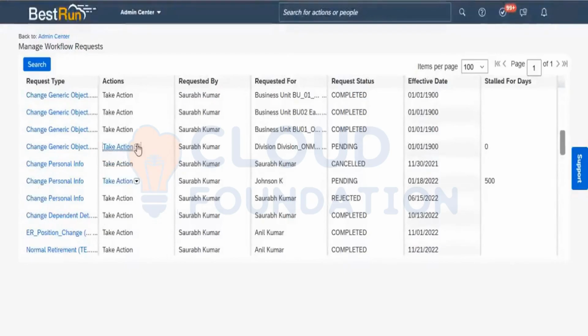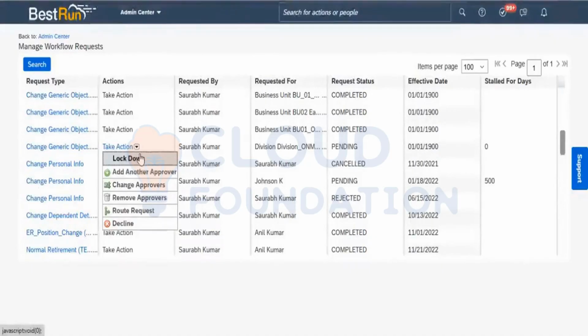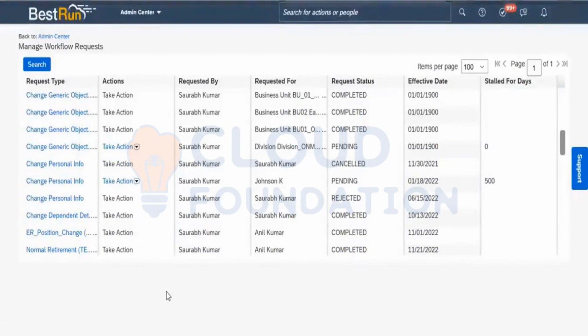You can see here, we can go and add another approval, change the approval, remove the approval, or decline while in the process of the workflow. If we want to stop the workflow, decline the entire process, that is also possible as an admin. That is one thing. If I want to check where the workflow is,